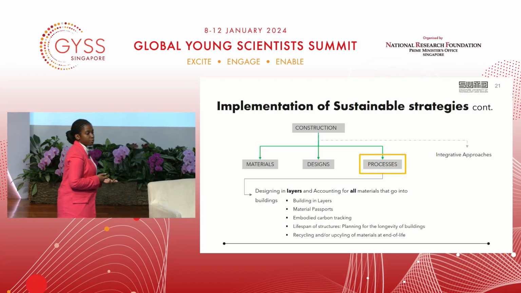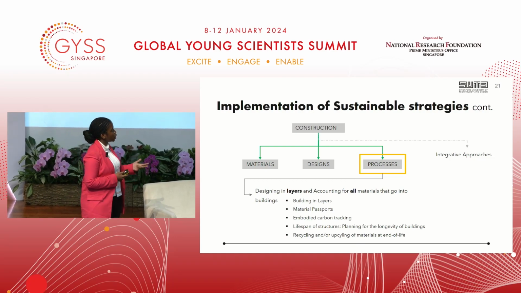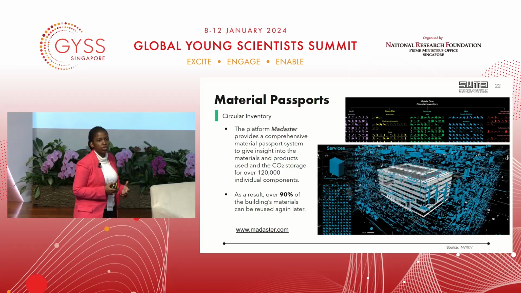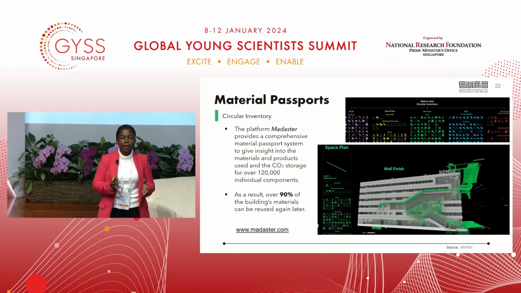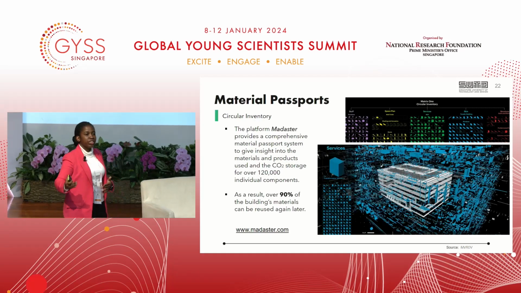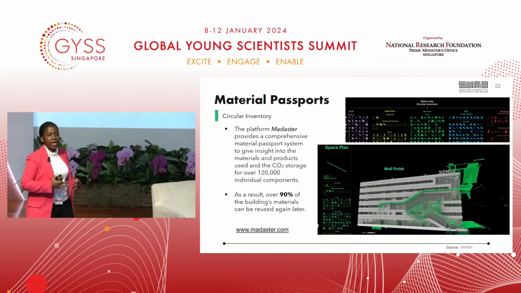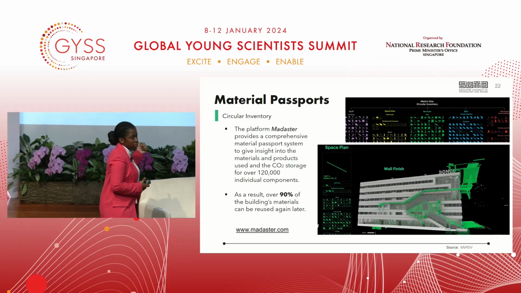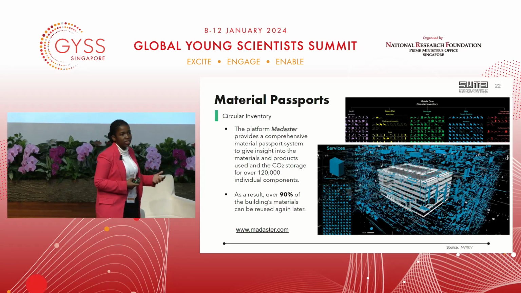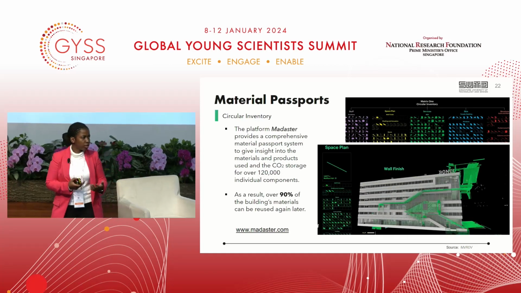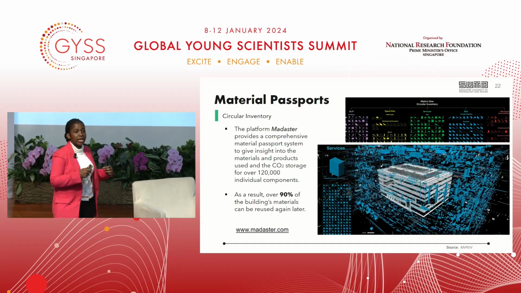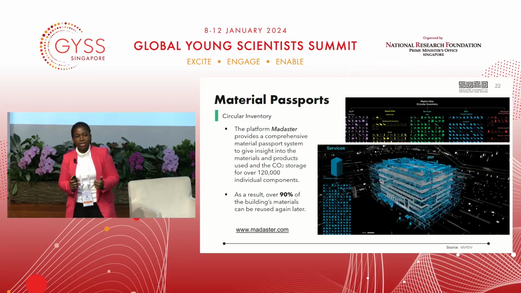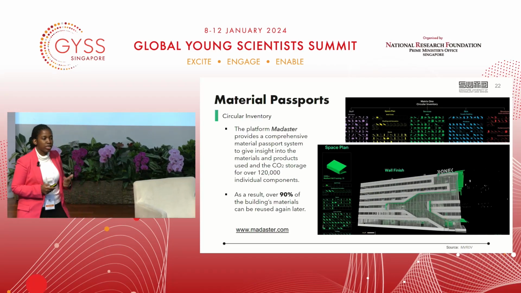We have to keep track of the materials that we put in the building, which I'll talk about in a few minutes. So the first thing is material passports, and what this means is we have to actually understand what exactly goes into the building, but also we have to document it so that future engineers and future designers can use this information and see if they can reuse these components in the future. We have a very interesting software platform called Madaster, and this Madaster software is publicly open to most people. You can use this to store the information of all the materials of your building, and because of this software, you can make sure that 90% of your building is actually being reused in the future.